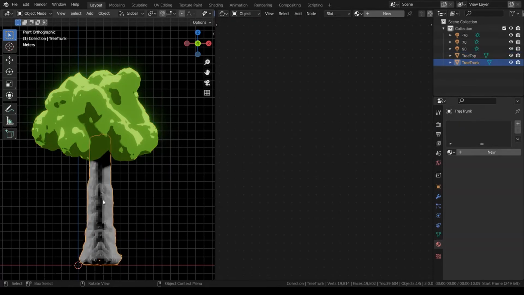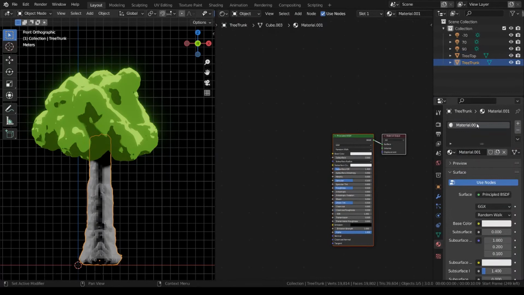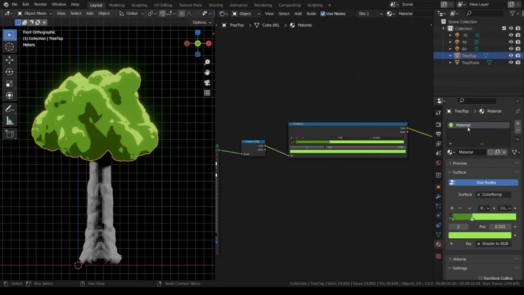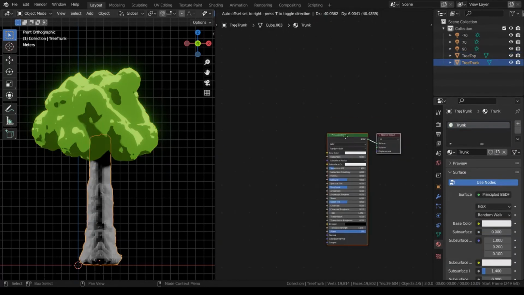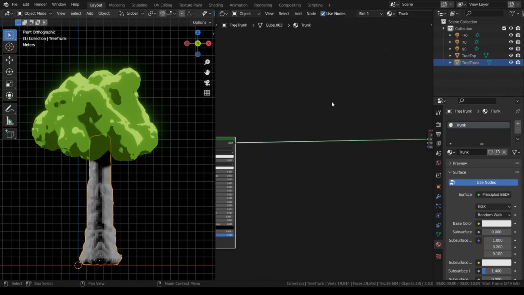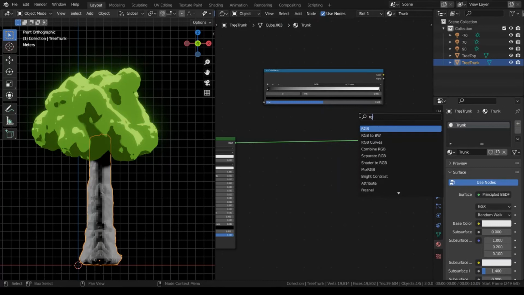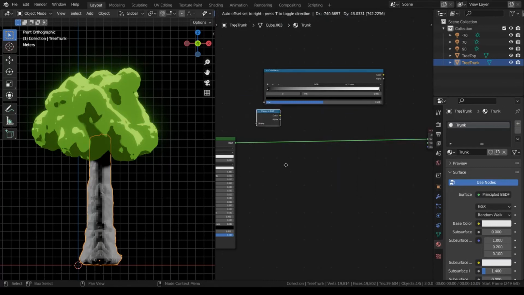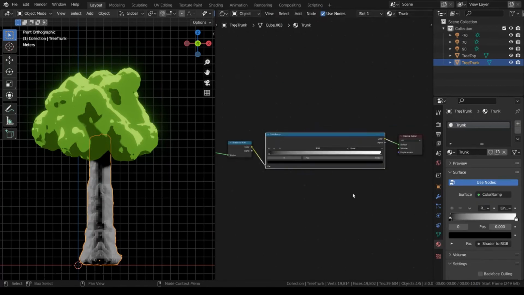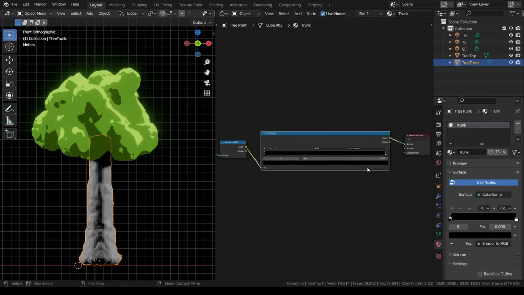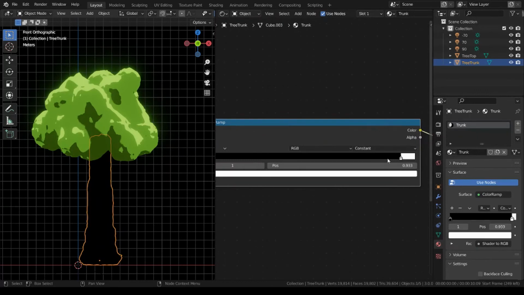the trunk. So we're going to add a new material, and I'm actually going to name this one trunk. We'll name this one leaves. There we go. So same way over here, we're going to add a color ramp, smack that there, stretched out. We're going to add a shader to RGB, smack that in there. We're going to change that to constant, and of course, same way,